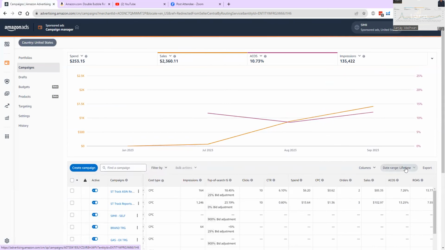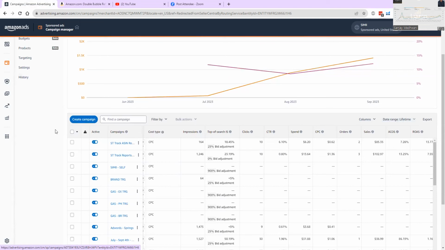Now, the indexed keywords, you can make a campaign. So let's say you have 4,800 keywords you're ranking for. Out of that, you're indexing for, let's say, 600 keywords, and the rest of them are not indexed yet. Okay, so for the 600 keywords, the way you want to do it is to create a campaign. I cannot go in because it's going to show the product, and I am very confidential about not sharing customers' products. But you go and create the campaign, and then you create the 3 match types.